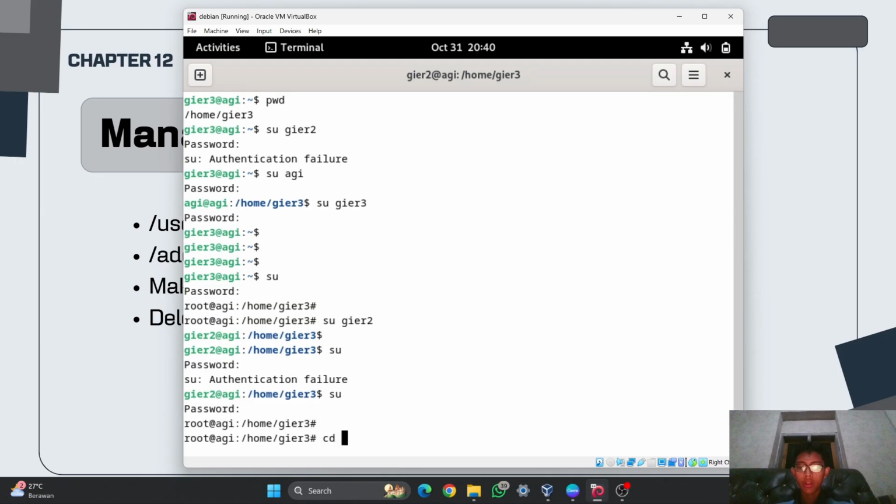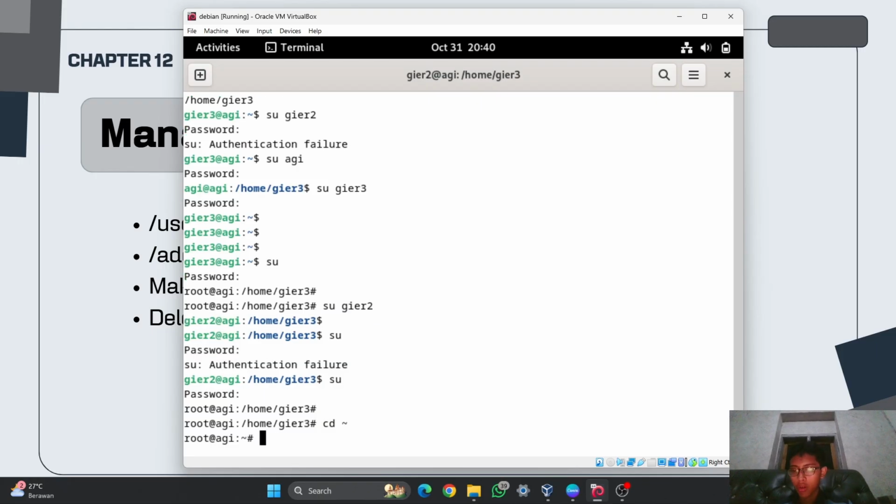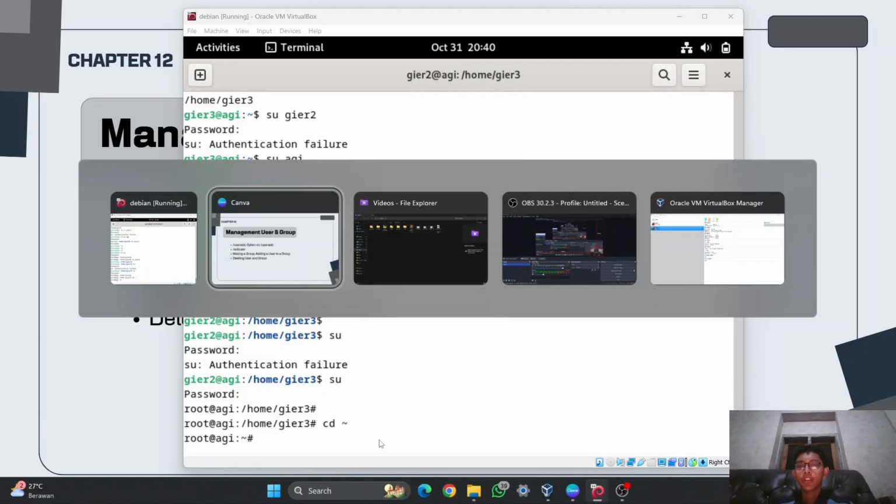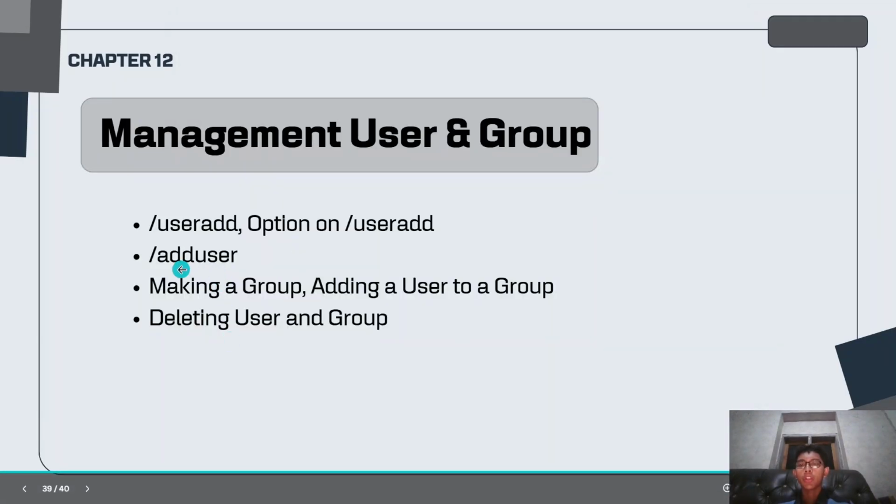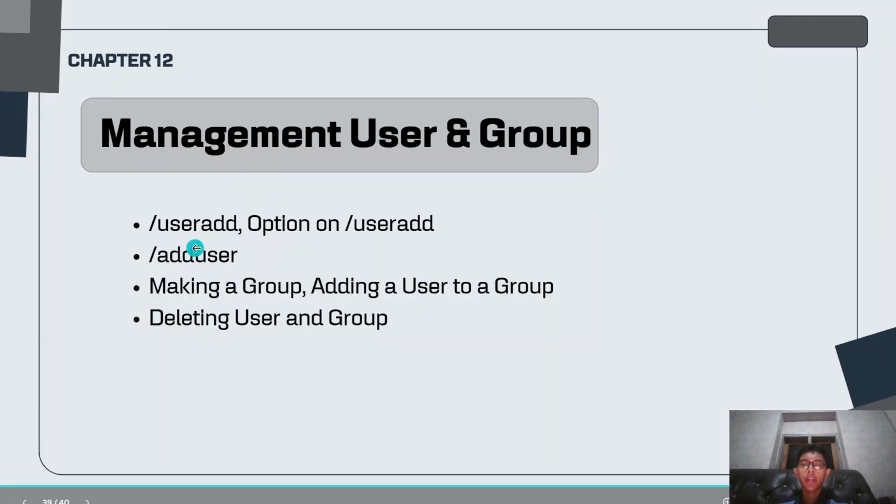I will go to the home directory of root, which is /root. So that is the function of adduser and also useradd, which have the function of adding a new user.